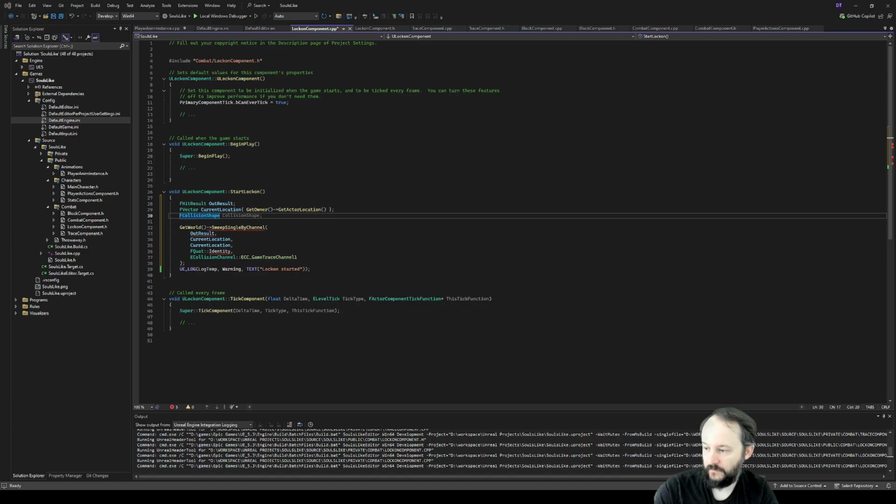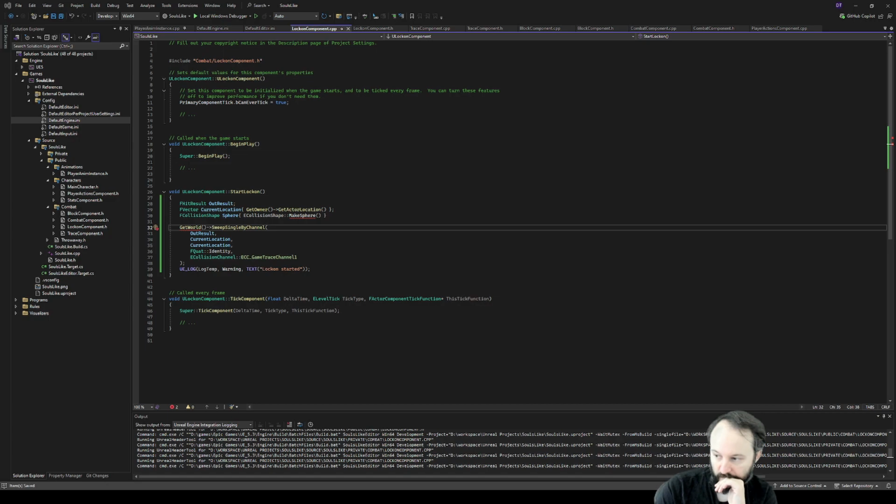This function requires a radius, which was set to 750.0f. Let's pass this variable